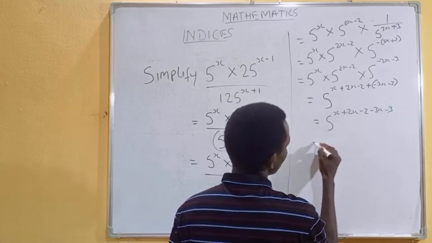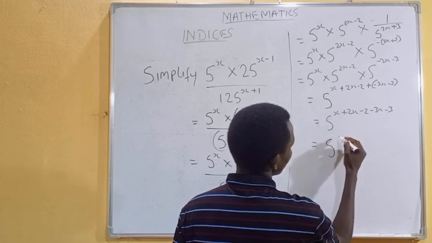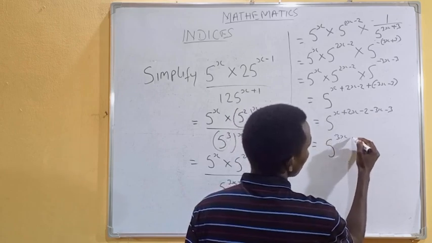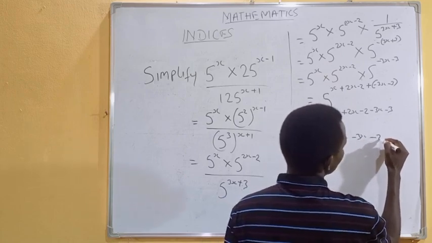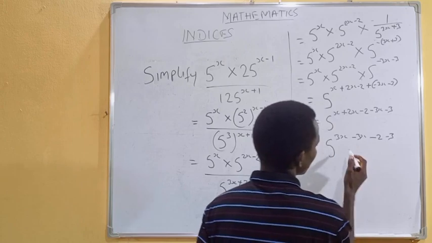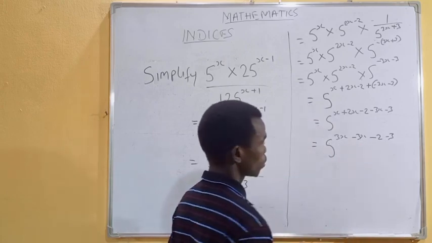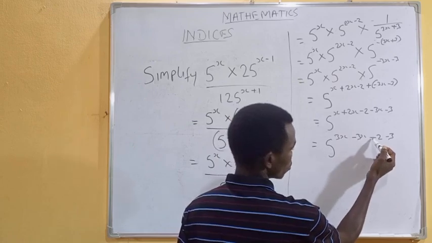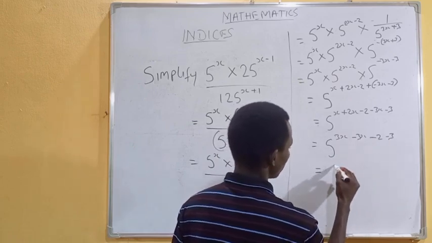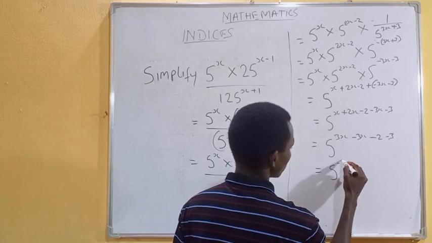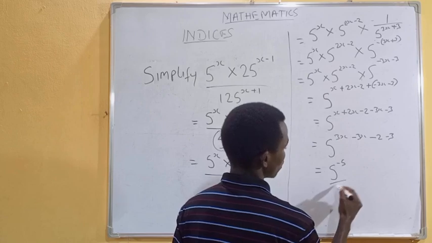This plus this is equal to 3s, and 3s minus 3s is zero, and minus 2 minus 3 will be minus 5. So the answer will now be 5 raised to the power minus 5. This is our answer